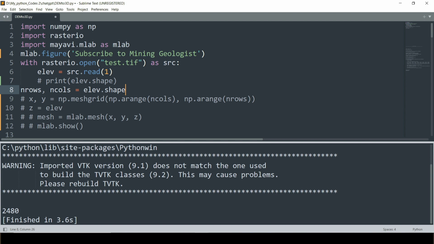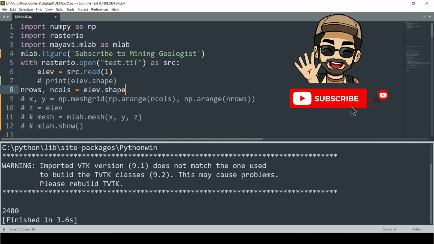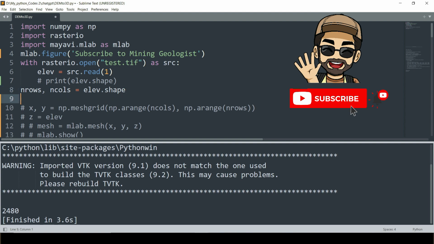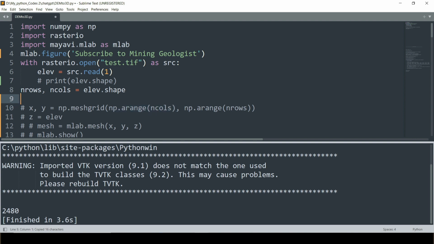So the only problem now is that we know the number of rows and the number of columns, but we don't have a variable that is storing all the different y's and all the different x's. So to do that, we can use numpy.arange, and I will show you what this is doing exactly. So if I go and say print